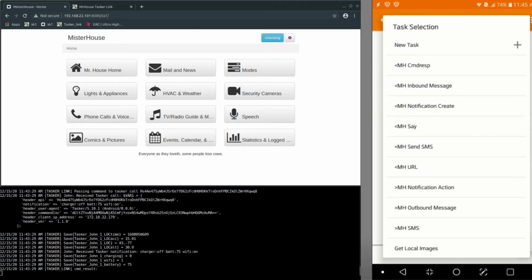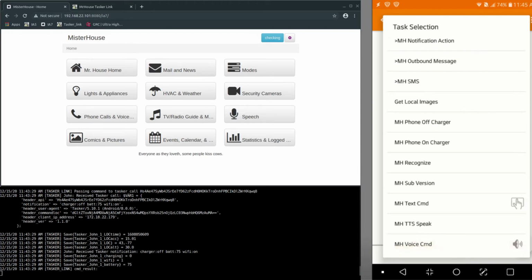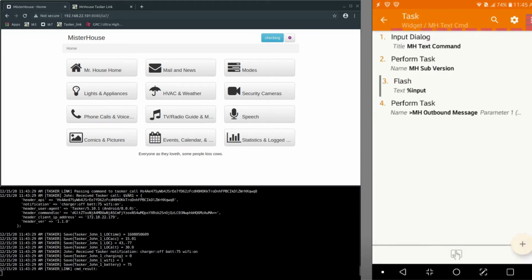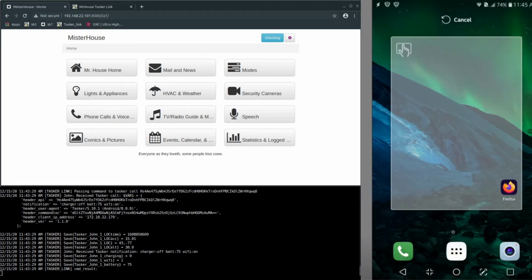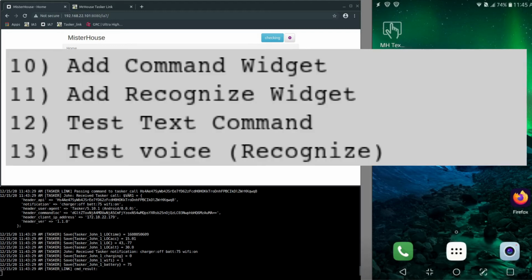and now we need to choose which task we want to run when this widget is clicked. So let's scroll down and we'll find MH text command. Choose that. The icon at the bottom of the screen is the current default. We're looking at the code that it'll run. But you can change that icon if you wish. I'm going to leave it and just back out. And now we have MH text command sitting on the home screen as a widget. That completes step 10. I'm going to pause on step 11 for the moment and go right to step 12